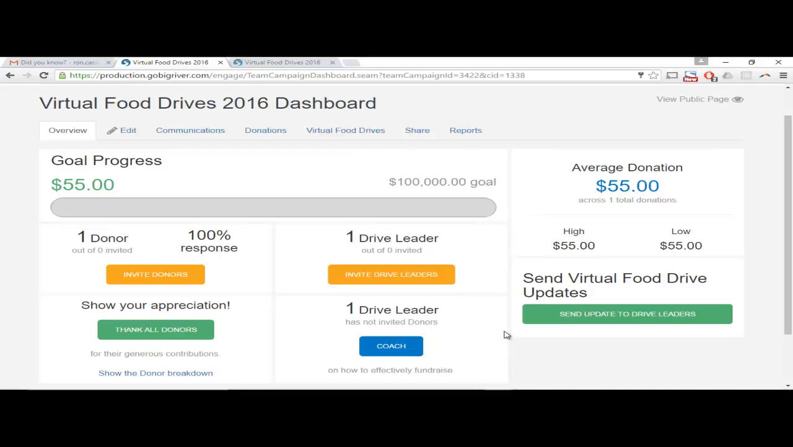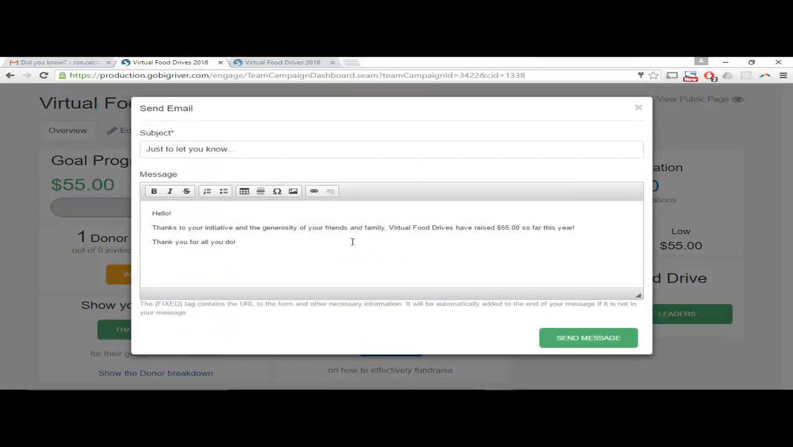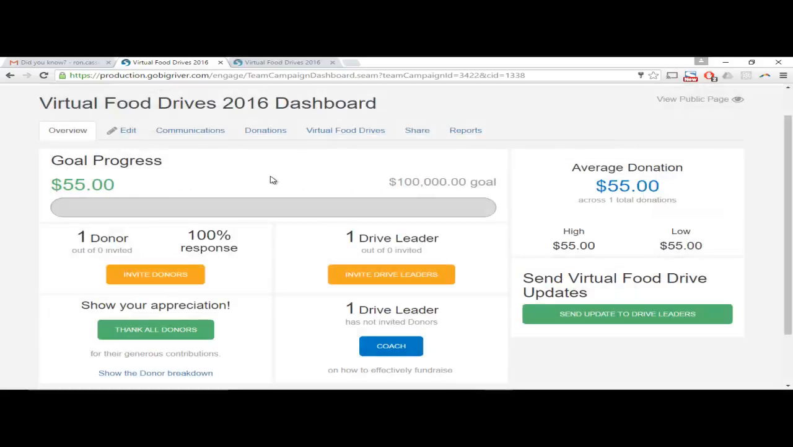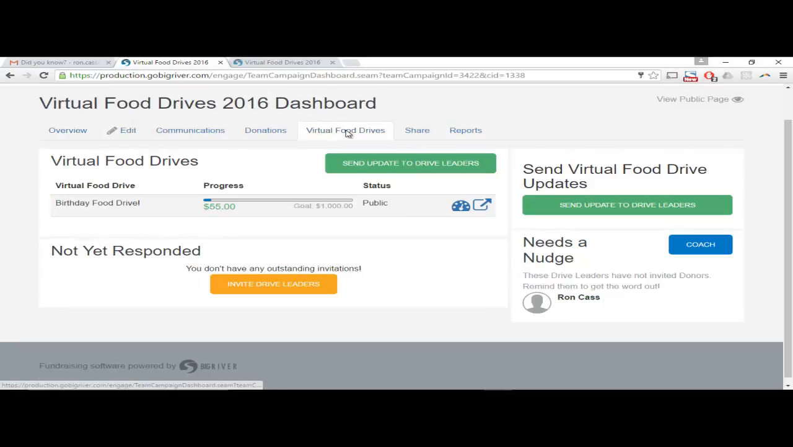And I can also from here control or prompt or coach the leaders of those virtual food drives. So I can send update emails to those drive leaders, right? And notice that we've got the progress automatically merged into that email. But I can use this as a way of coaching people, keeping people engaged as the campaign goes on, so that they are engaged with their own constituents that they're soliciting and the donors that they're thanking. Got a little tab here that shows the progress, now summary of all the different food drives. Again, we only have one so far, and